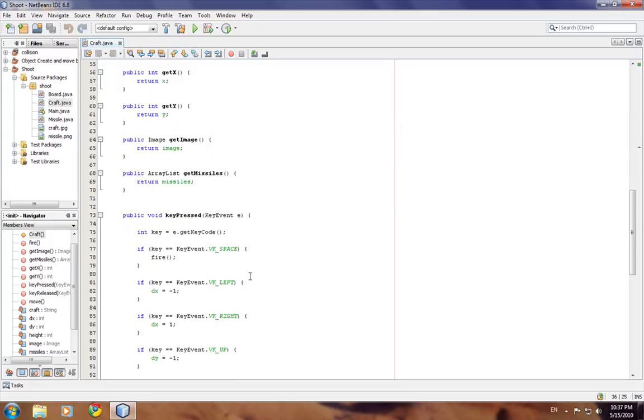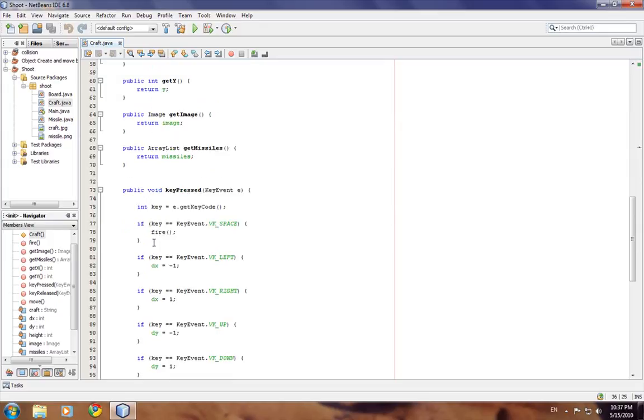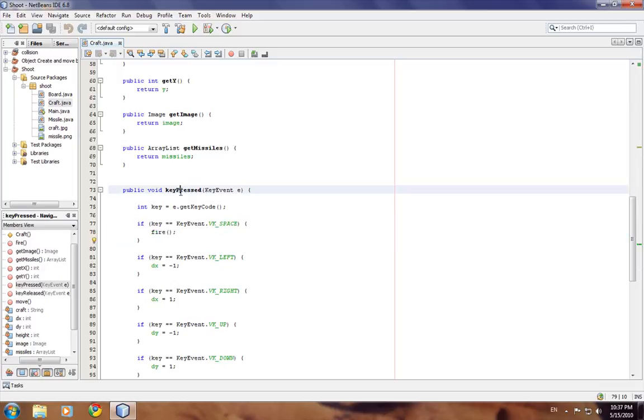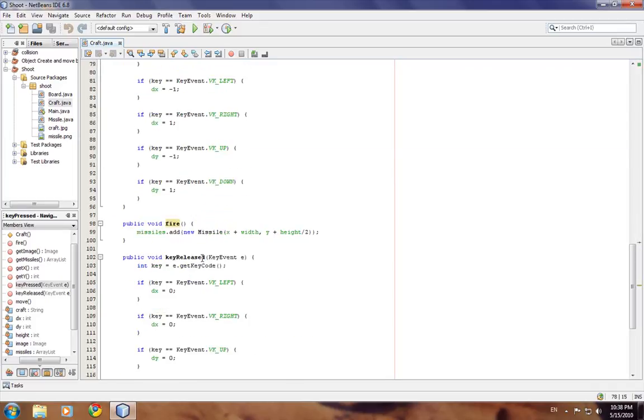I'm giving the spacebar as the fire key. So I'm adding a new if condition to the keyPressed method to identify that specified key, that means the space bar, and the fire method. I have implemented that fire method in here. What the fire method does is create a Missile class object and pass the x and y parameters with